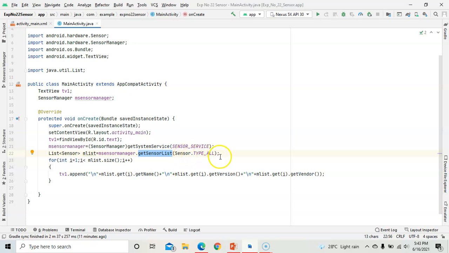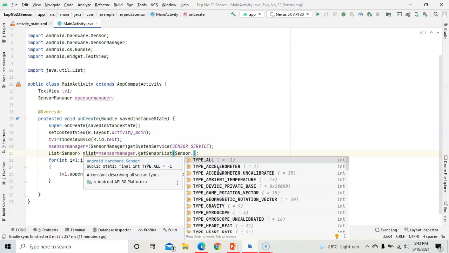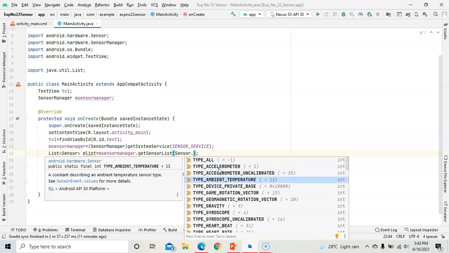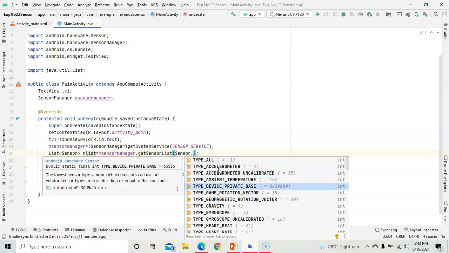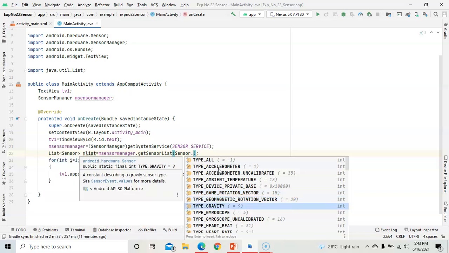Sensor dot type all. Here you can type a specific type of sensor also, like if you want position sensors, accelerometer sensors, or temperature sensors, you can take a specific type of sensors also: type gravity, type gyroscope.